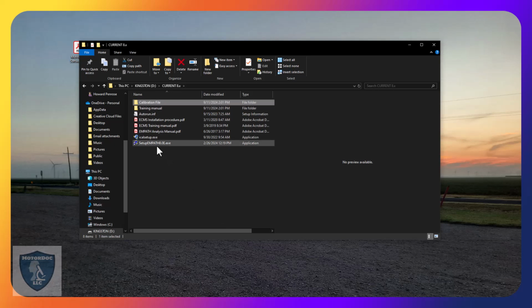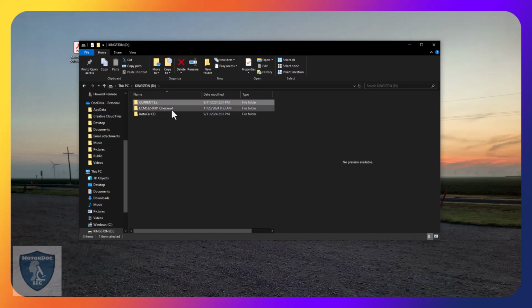So you go ahead and you do this, you walk through it. Depending on how your Windows protection is set up, it may warn you and you just say okay and move forward. There's nothing wrong with the software, just a lot of protective stuff is a little more protective. The other things in here, I'm not clear. These must be